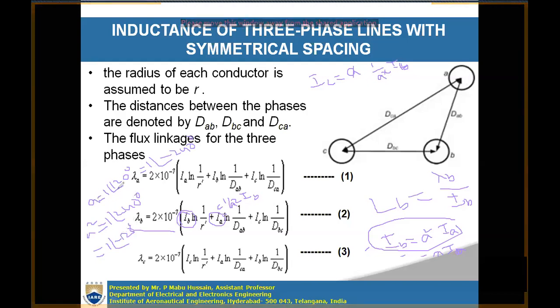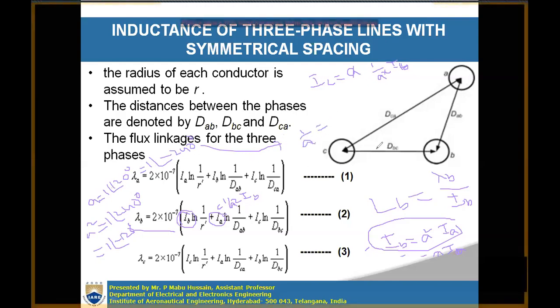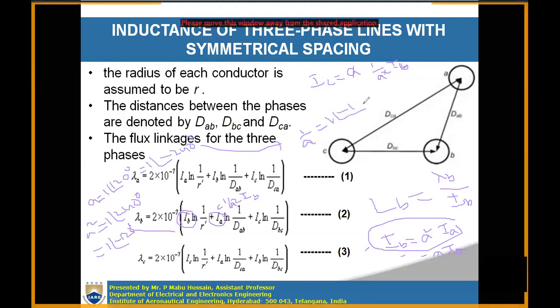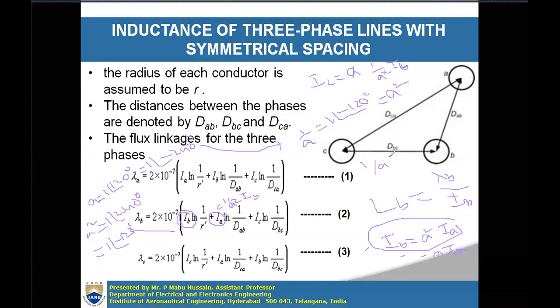Okay, so when A is this one, what about 1 by A? 1 by A is 1 by 1 at an angle 120 degrees. That can be written as 1 at an angle minus 120. 1 by A is 1 at an angle minus 120 degrees, right? So 1 at an angle minus 120 is nothing but again A square. That means 1 by A can be written as A square. Now what about 1 by A square? 1 by A is equal to A square, so then 1 by A square is equal to A.